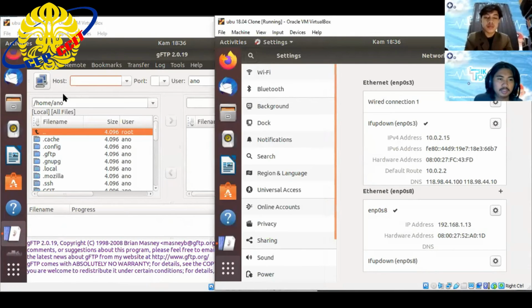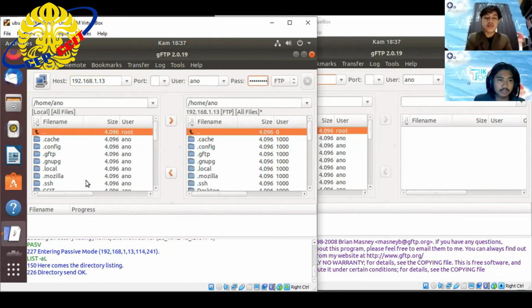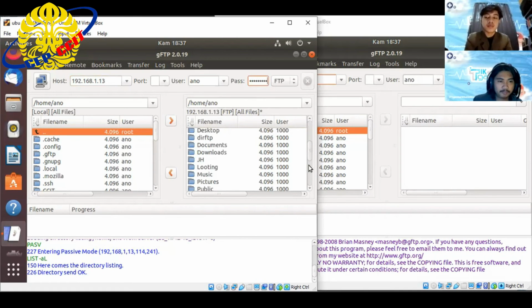I will share the file from the server to the client, and then you must input the IP address of the client and then the password. This is on my right, the client.